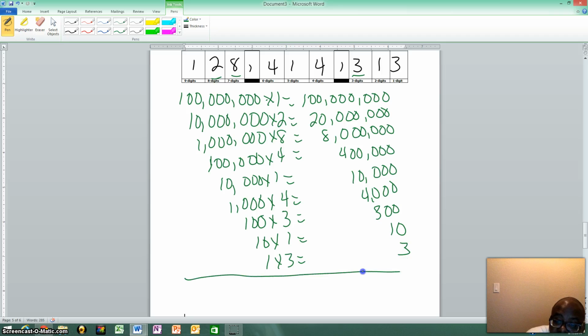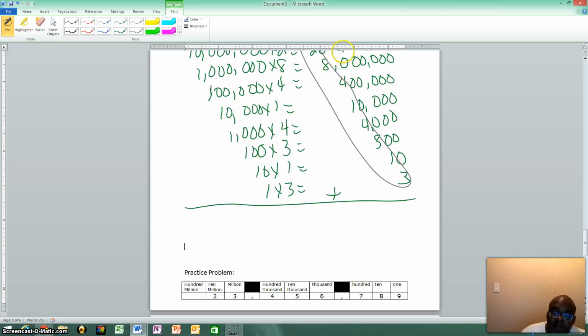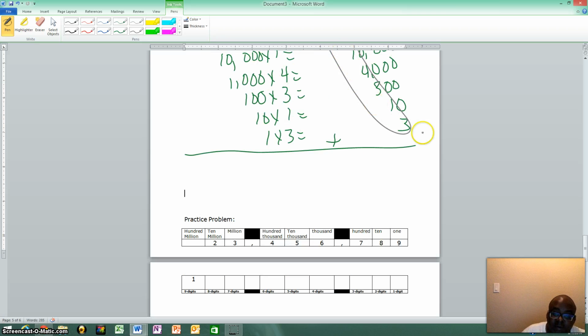And what you see when we do that, we still end up with that same number written in standard form. And your practice problem for you to try, which is the same one, and that is